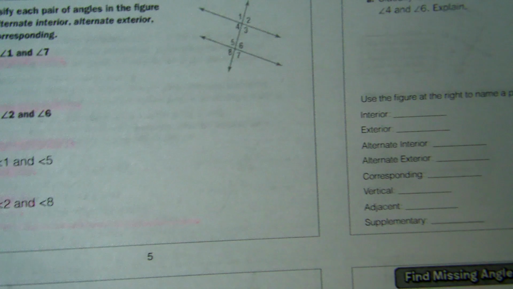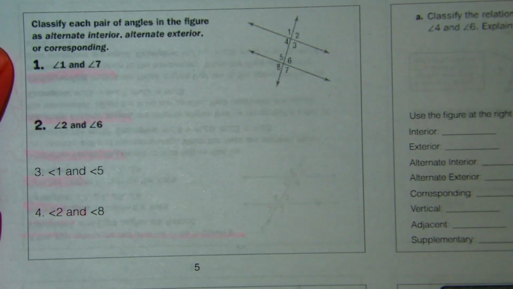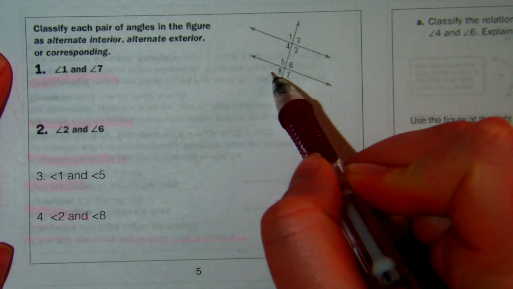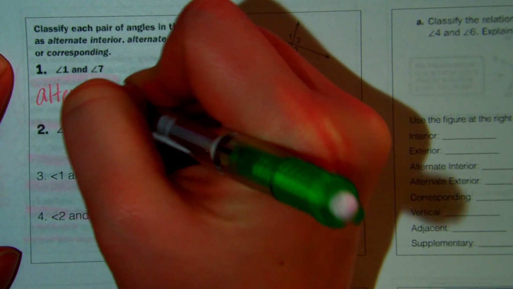Classify each of a pair of angles in the figure as alternate interior, alternate exterior, and corresponding. Now remember, all 3 of those mean that the angles are the same. So 1 and 7, they're on opposite sides of the line, and they're on the exterior. So those would be alternate exterior